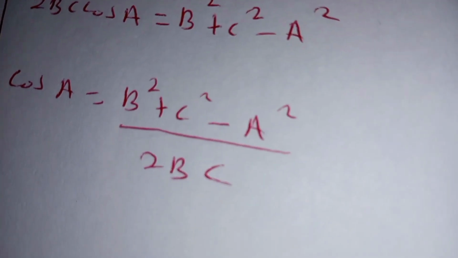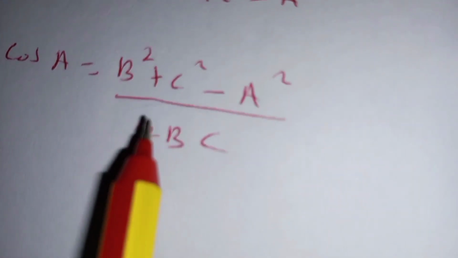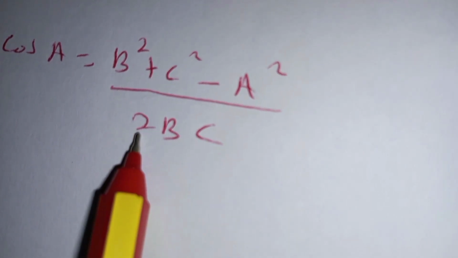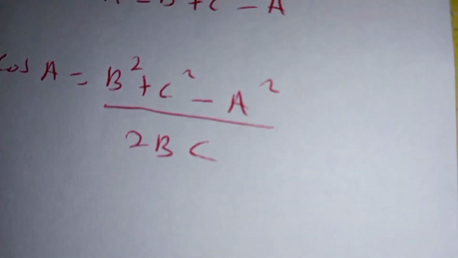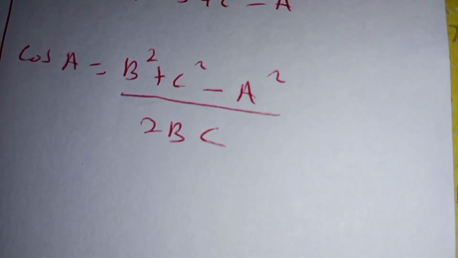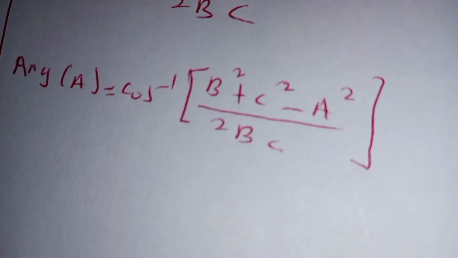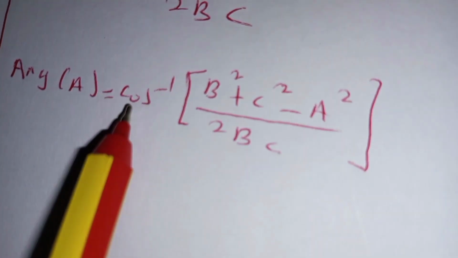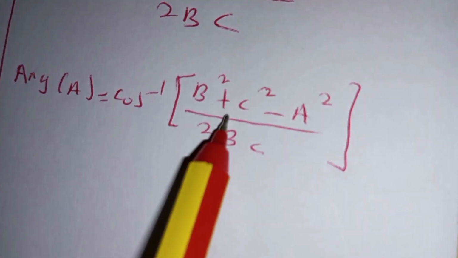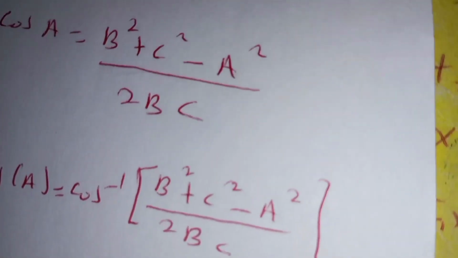So we shall have b squared plus c squared minus a squared divided by 2bc. In case you want to obtain the angle at A, you take cos inverse both sides so that you obtain the following. So angle A will be equal to cos inverse of bracket b squared plus c squared minus a squared divided by 2bc. So that is how we can make